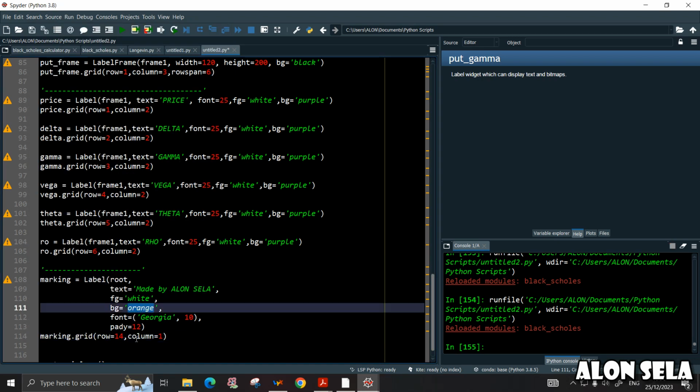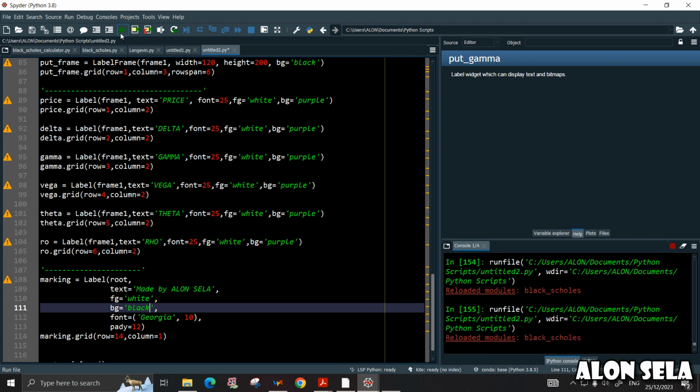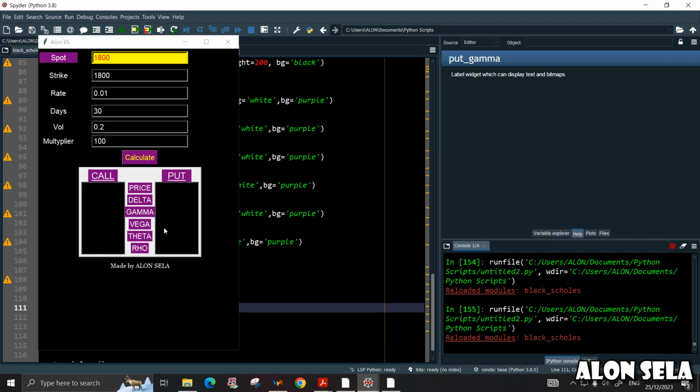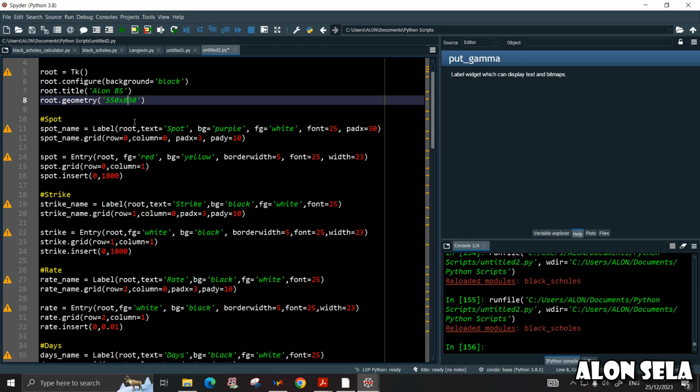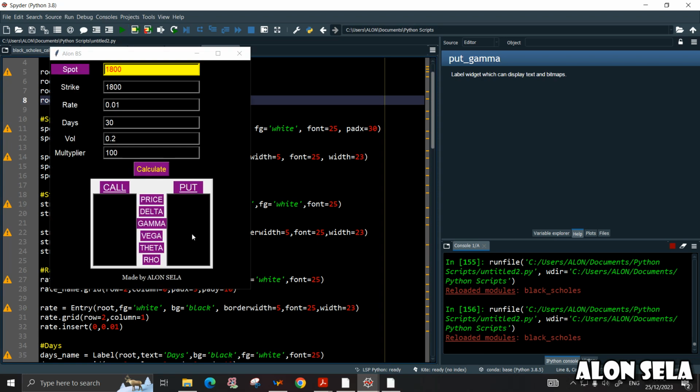So let's say instead of orange, let's say black, and I think that this is going to give us the result we wanted. And last thing, let's just cut a little bit of this space here. So let's get back, and instead of 8, let's put 6, and now we get this nice layout,